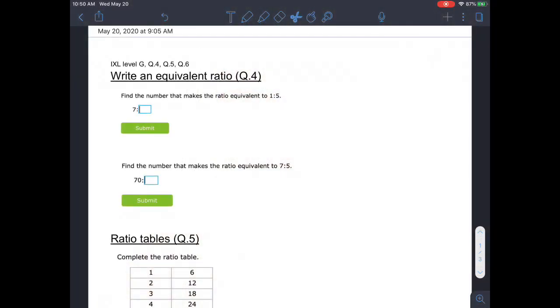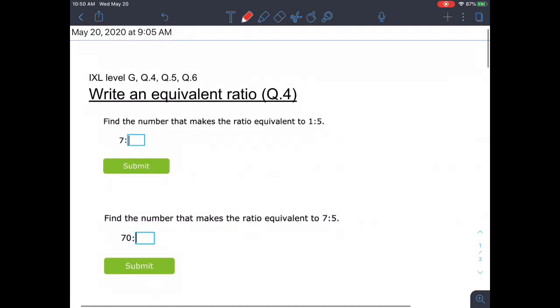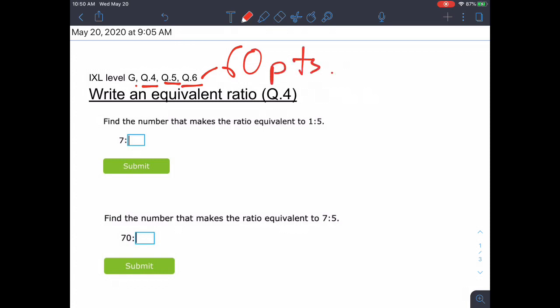All right, it is IXL time. We are going to do 3 sections in IXL level G. You'll do Q4, Q5, and Q6. You only have to get to 60 points for full credit. Okay? So these are problems just like we've been doing last week and earlier this week. They just might look